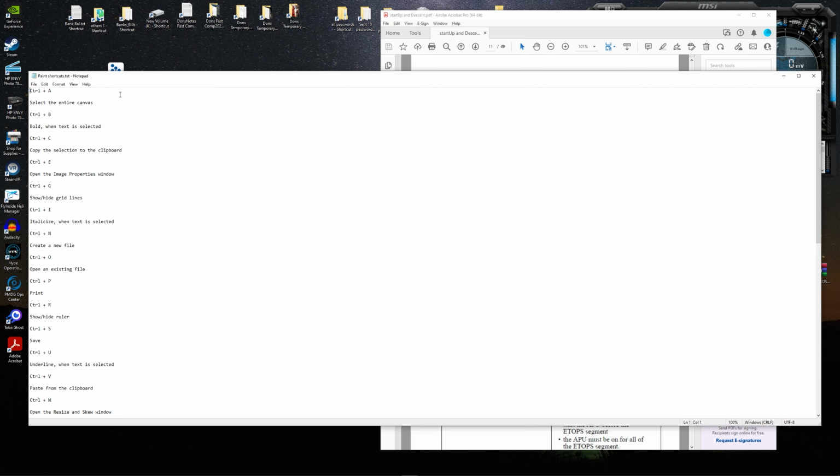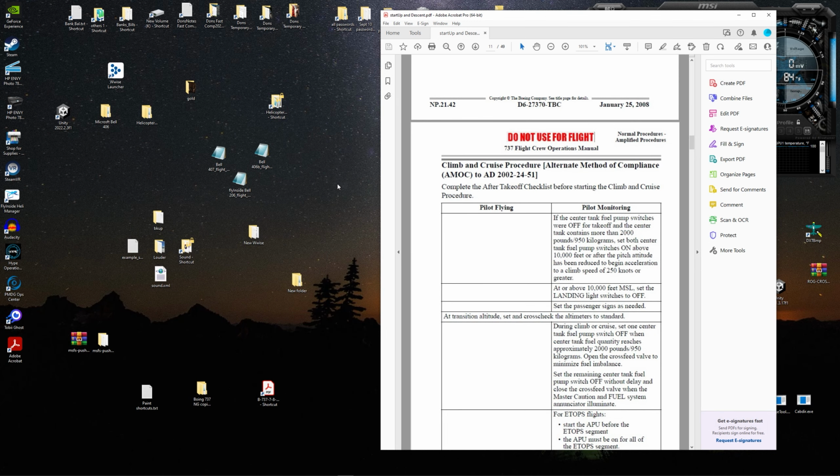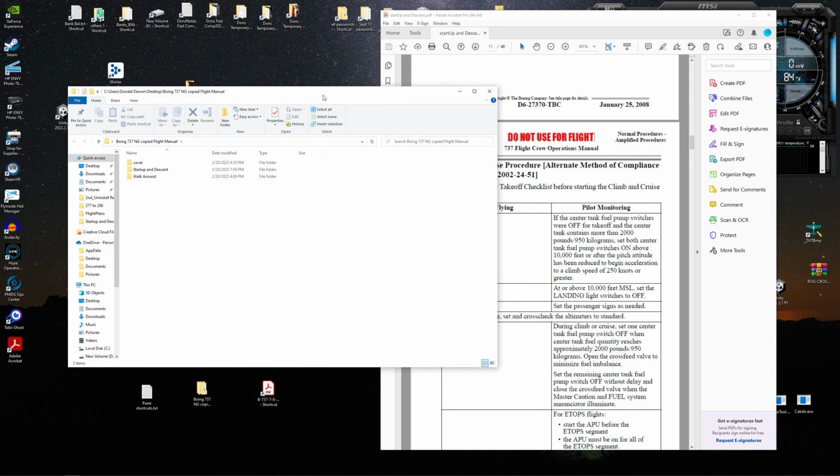So you got to save, Control S when you're using Paint, Microsoft Paint. You go Control S, then copy to clipboard, Control C. You can look these up online, say Microsoft Paint shortcuts. So Control C and then Control S. So this is the process of my manual here,